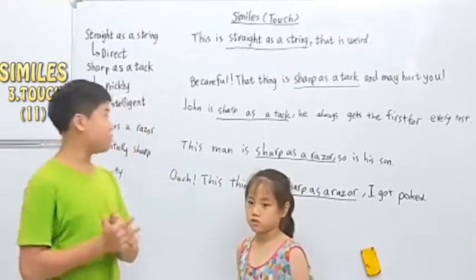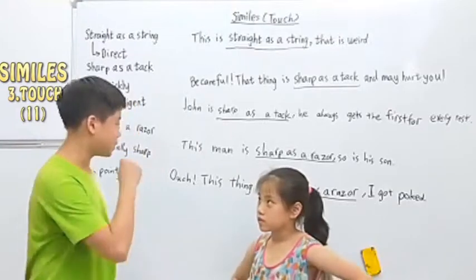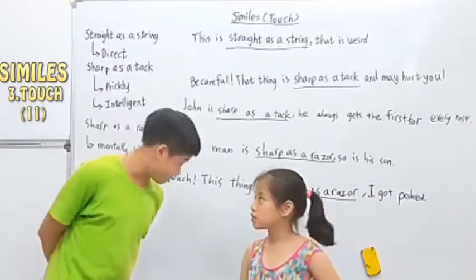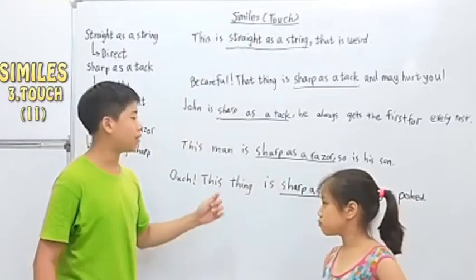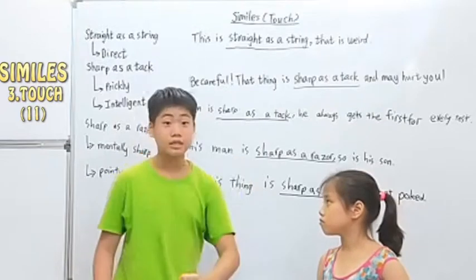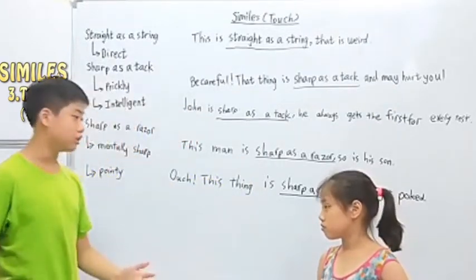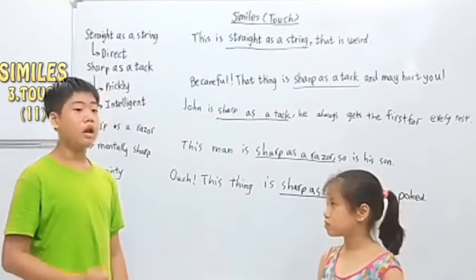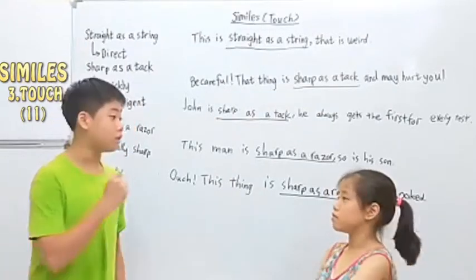At this part, we can't really say anything about similes. But how about I give a descriptive sentence, like if you're bleeding. Ouch. This thing is sharp as a razor. I got cut, and fresh blood is oozing out from the wound. It looks terrible at the scene. But all I know was that I regret not listening to my parents.